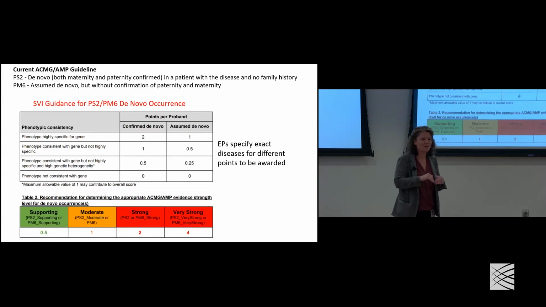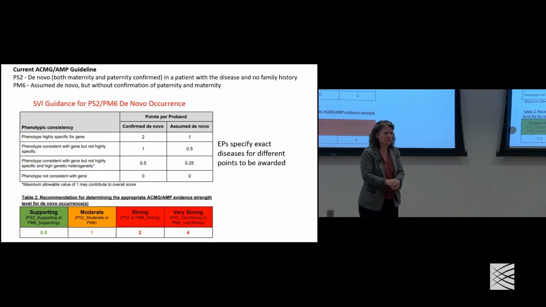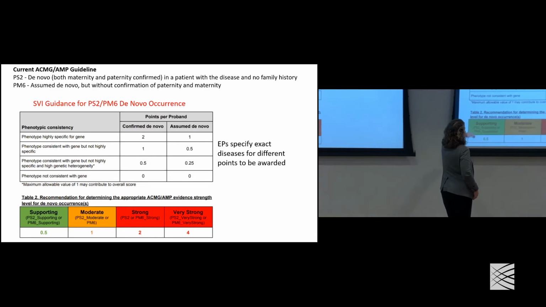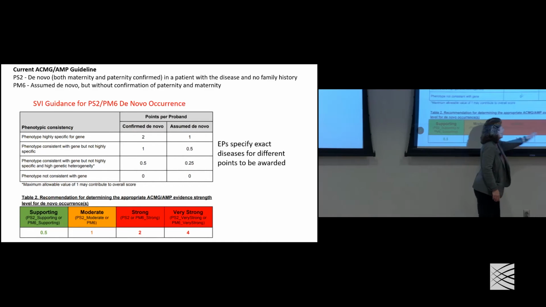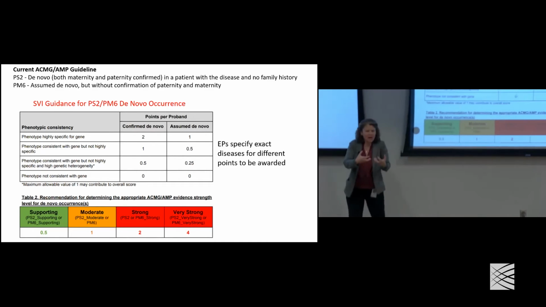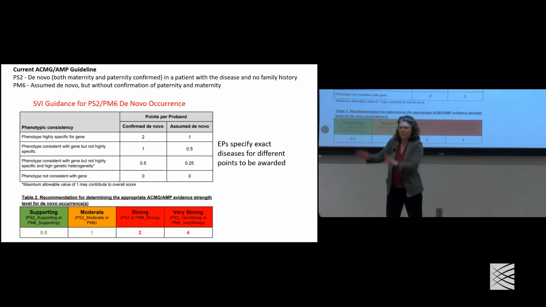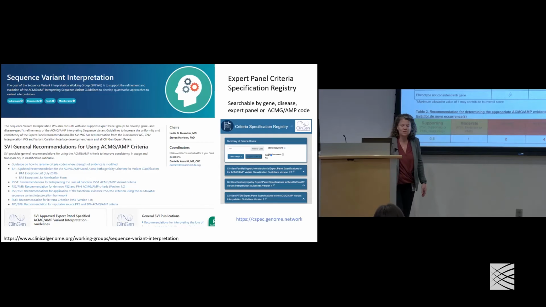Not a very specific relationship, versus a very small gene with a very small target and a very specific phenotype of Gorlin syndrome and this gene, and that's more evidence. So all that sort of phenotype framework. And then based on the sum of the points, you can correlate with these different strengths. So that's a lot more detail about how to apply this rule than just saying, if you find a de novo, apply this code. That's the kind of thing our group has been doing over the last few years.